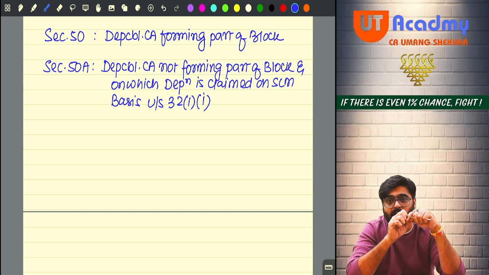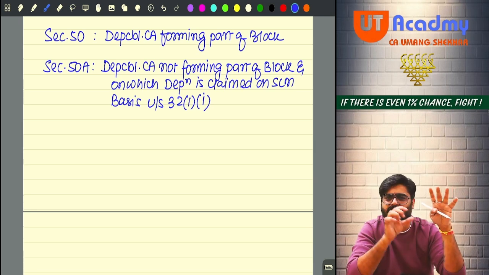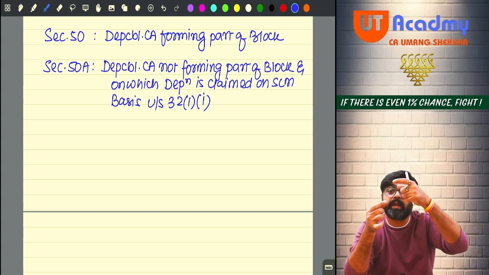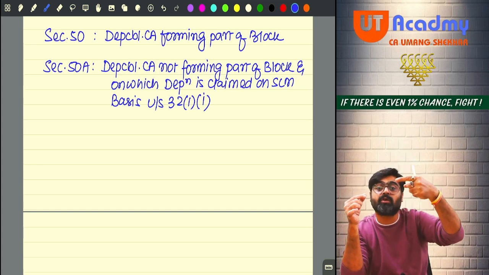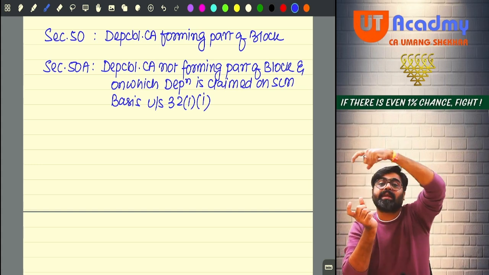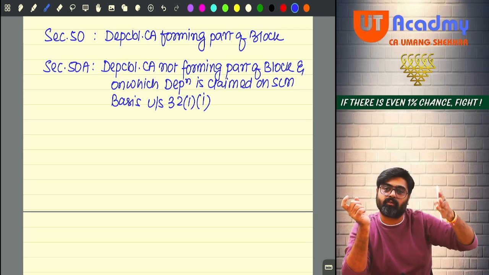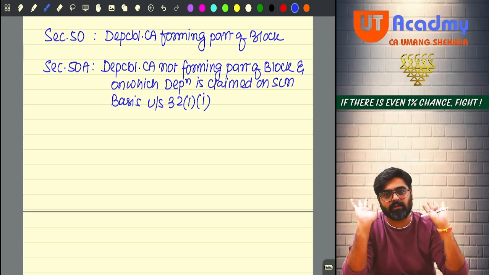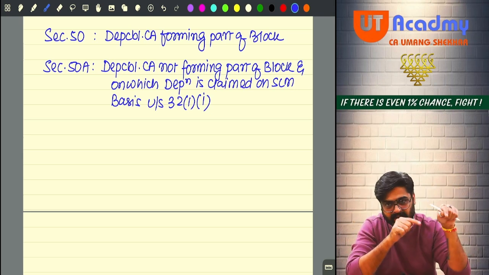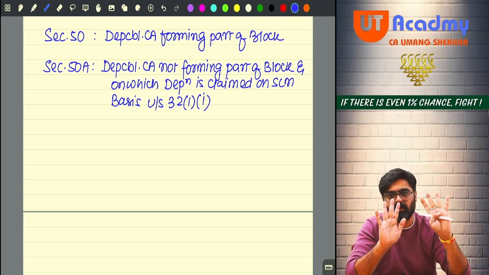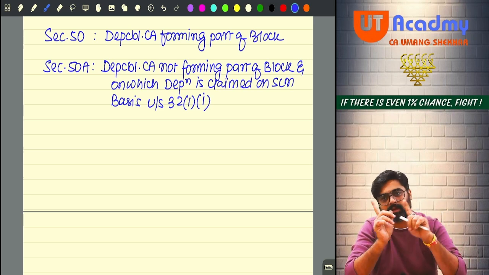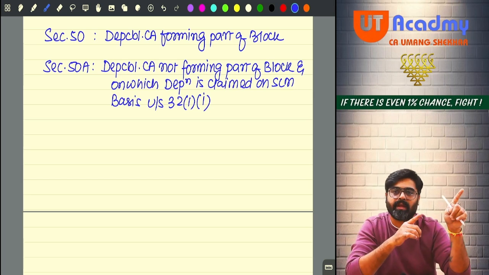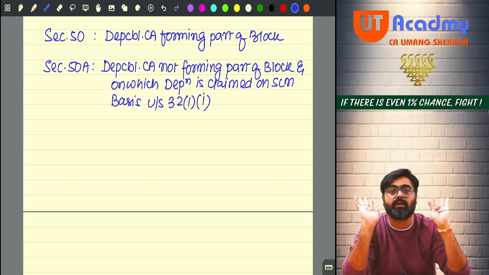But the resulting gain will be long term. Here the gain can be long term also, it can be short term also. Indexation can also be available. Yes or no? Normal calculation. But 50A tells you to take the entire actual cost which got disallowed under PGBP, take that entire actual cost as cost of acquisition of that asset to calculate the capital gain. That's it. Normally, the way in which you calculate for other assets, for this asset also it will be calculated like other assets only. Yes or no?